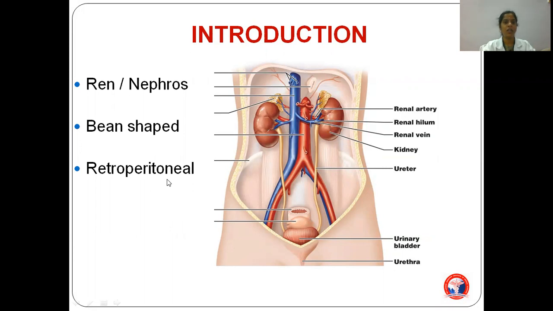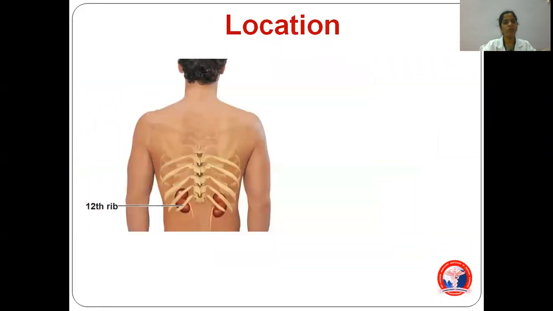And the kidney lies behind the peritoneum, so it is also called as retroperitoneal organ. Okay, so it is the major excretory organ. It removes the waste products, waste products of protein metabolism, everything. It excretes the excess of urine. So it removes the waste products from the body. Now, where it is located?